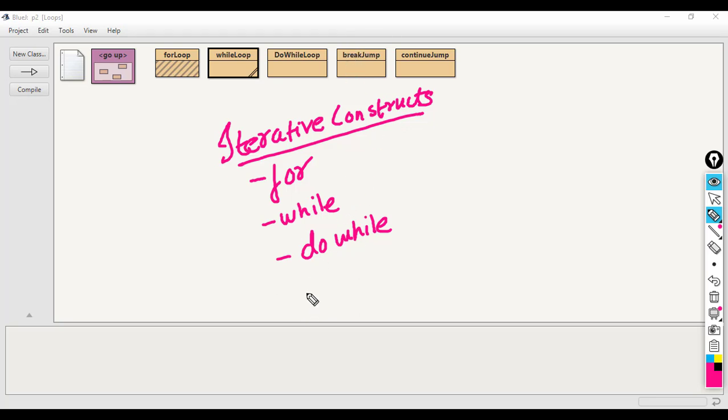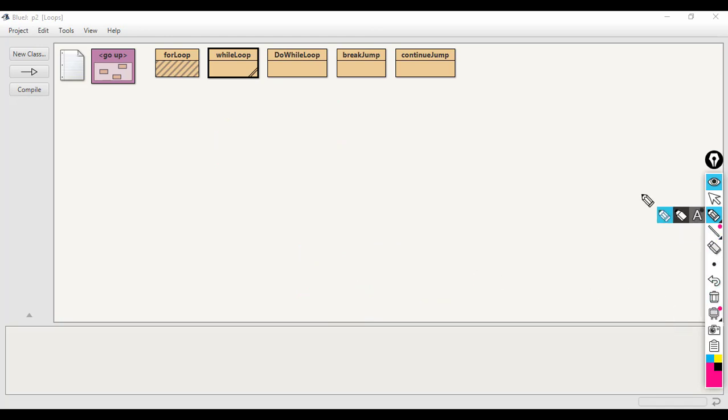One is break and the other one is continue. So we have got three iterative constructs, for, while and do while, and two jump statements, break and continue. So let's start with for loop. We will see the syntax of each of the loops and try to understand their working.